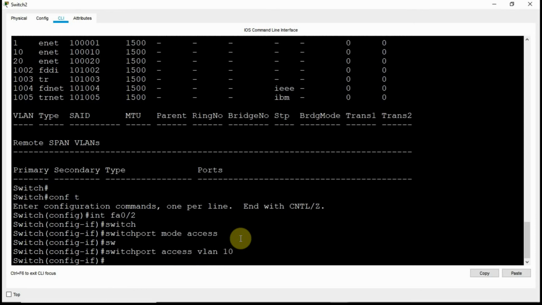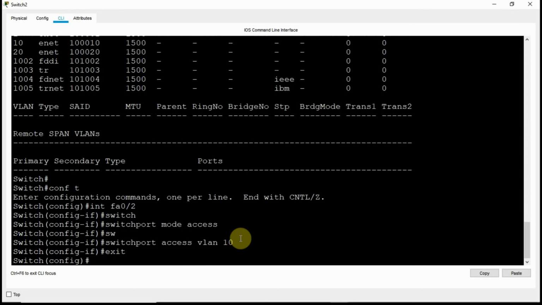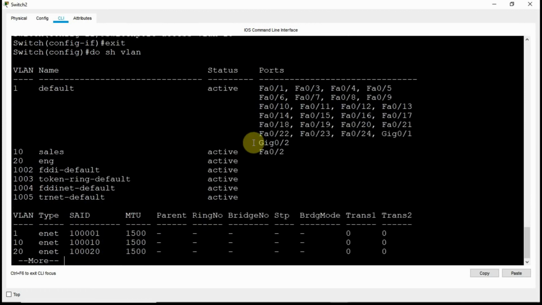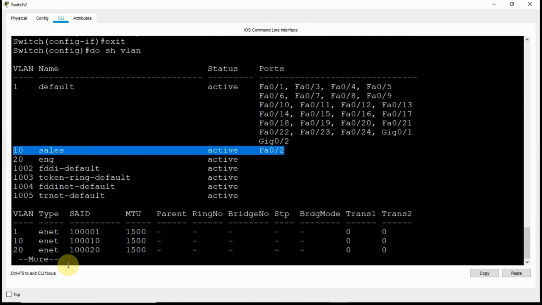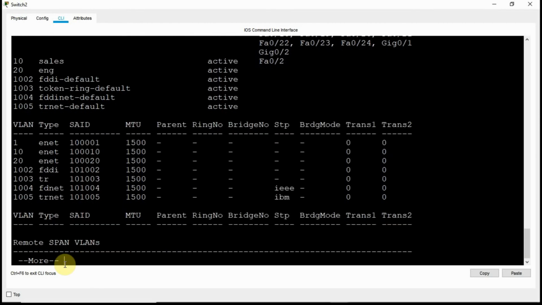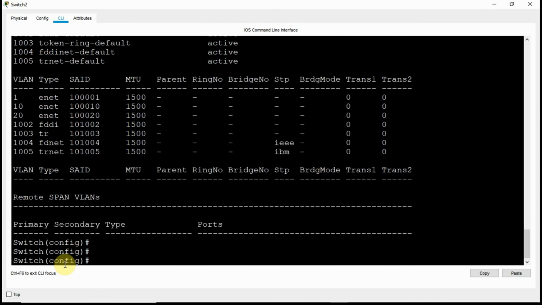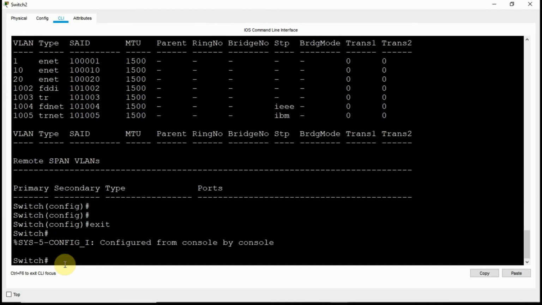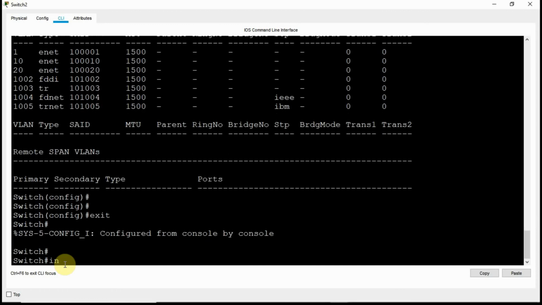Having done that, we can do a show VLAN command, and you can see that this port is now in the sales department, just like that. If you want to add more ports, and you want a handy way of doing so, we can use this interface, go to